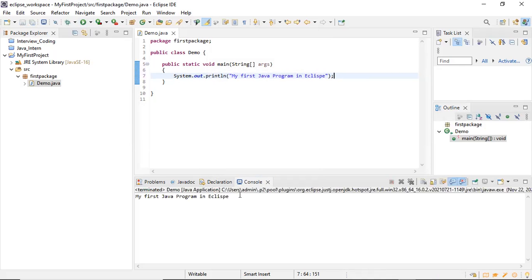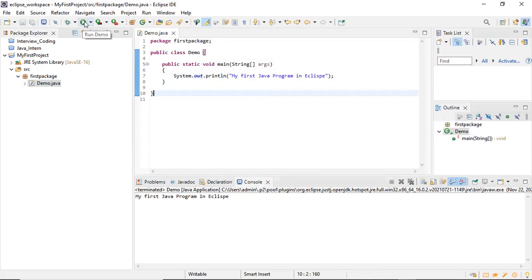You can see the output is available in the console, right? In this way, it shows you the output. The output that you get on the command prompt, a similar output you get here. Right now, I changed the content here. That's why it's showing this. But if you keep the content as it is, what we ran in the command prompt, you will get the same output. There is one more way of running this.